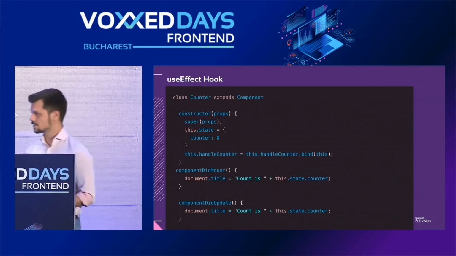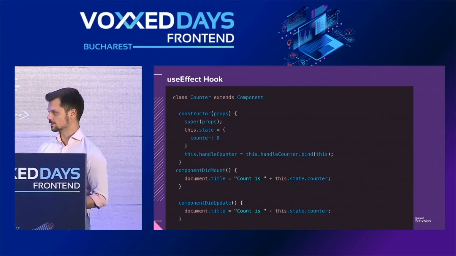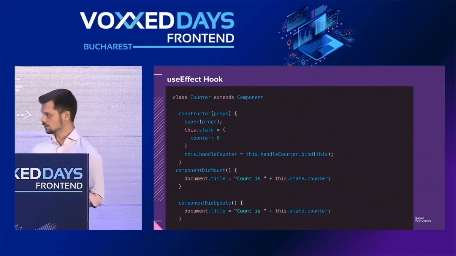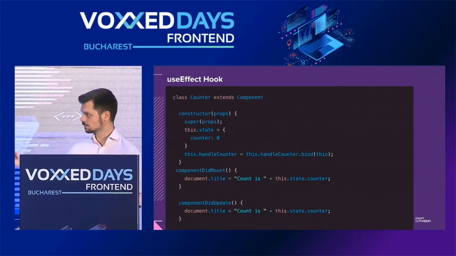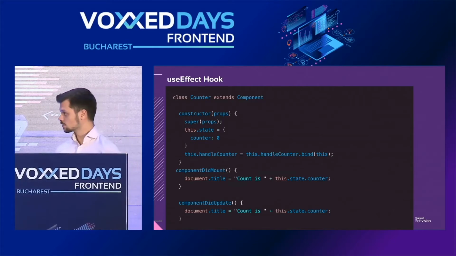So let's take this example. We want to display the count in the document title. And we would do something like this. And if you note, in both methods, we have some duplicated code. So that's not really good. So what we could do